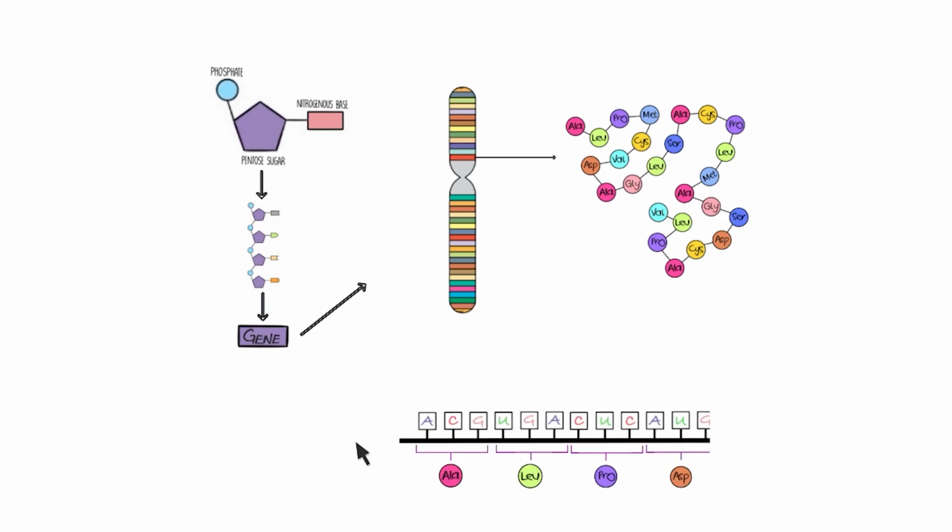A group of 3 of these consecutive nucleotides in a specific sequence are called a triplet code, and each of these triplet codes encodes a single specific amino acid. So this way, the sequence of triplet codes in the DNA translates to a sequence of amino acids in the